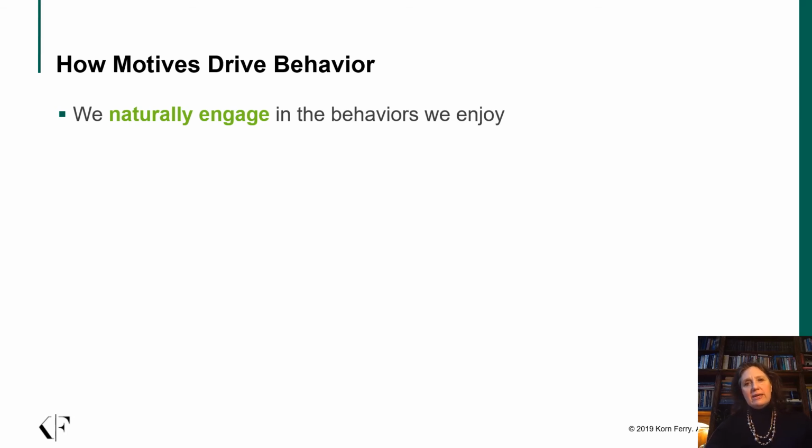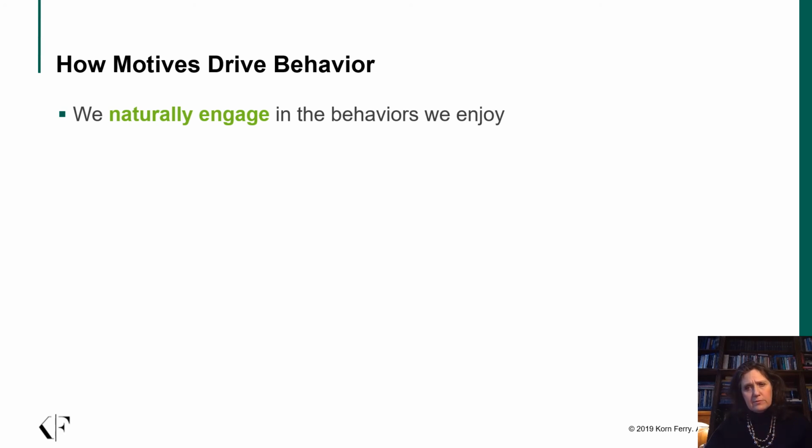You're probably already beginning to see how motives can influence our behavior in different ways, and how they also might impact or affect our long-term actions and choices. We naturally engage in or gravitate to the kinds of behaviors that we find intrinsically satisfying. And by naturally engage, I mean that you may or may not even be conscious that you're doing it. So you gravitate towards them even if no one is telling you to do so. Meeting the needs just naturally gives us a sense of satisfaction and energizes us, so we keep repeating that behavior. In fact, the behaviors actually give us pleasure. We enjoy them. So we start to see patterns of behavior that relate to their underlying motives.